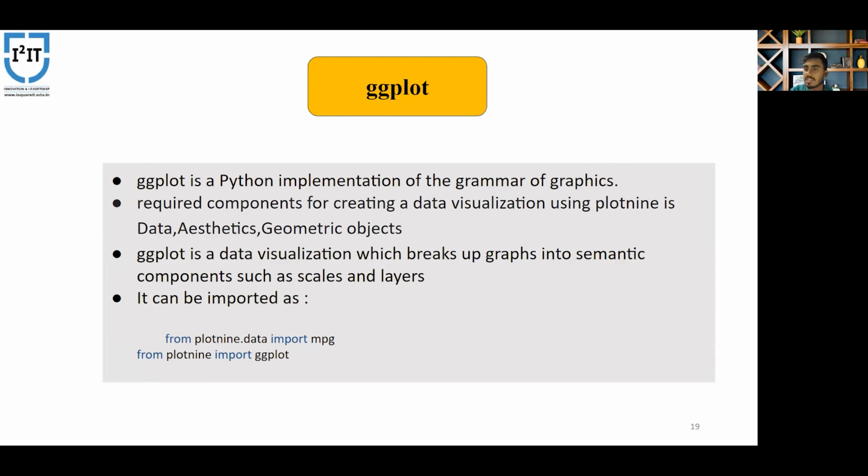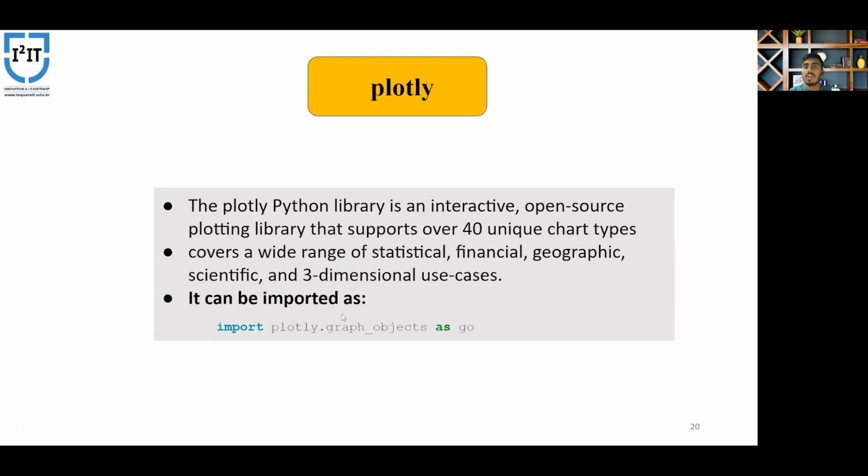It basically divides a graph into scales and layers so that we get a clear insight about it. It is basically imported as from plotnine.data import mpg. From plotnine.data, it is a package and it is importing from that. From plotnine import ggplot.